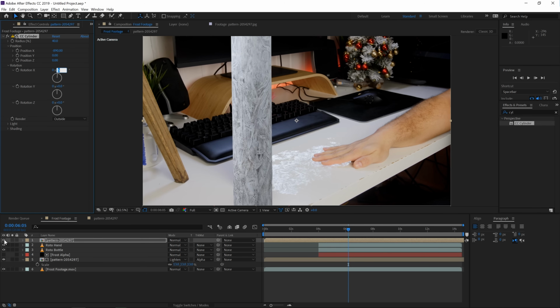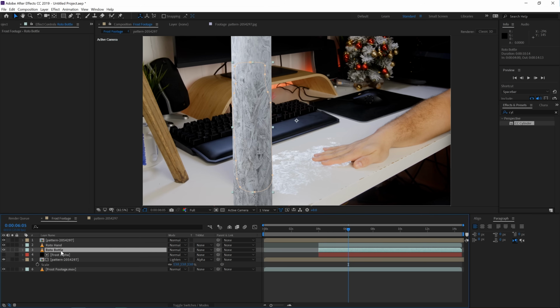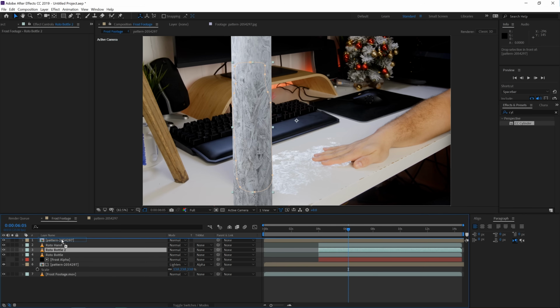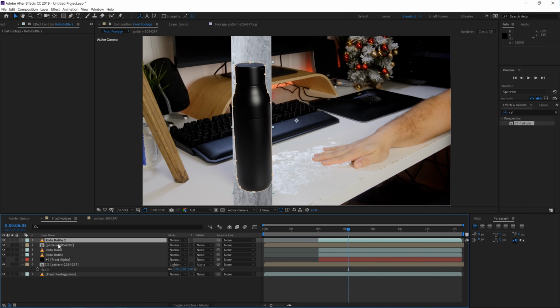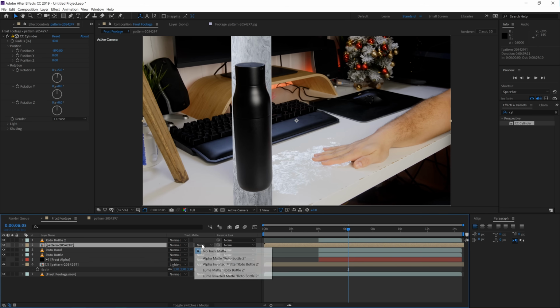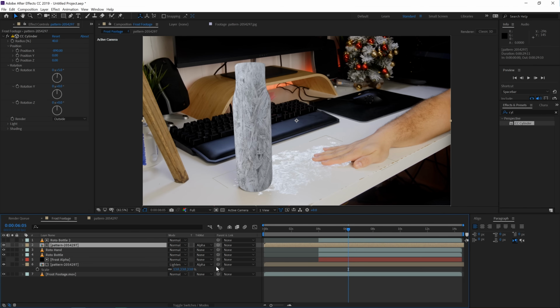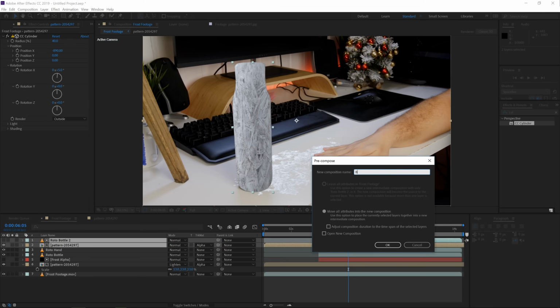And what we want to do is use our bottle roto here. We're going to duplicate this, put this on top of our pattern, and then click on the texture alpha matte. And there we have our texture on our bottle. And all we need to do now is just animate this on as well. So what we'll do is select these two layers that we just combined, go to layer, pre-compose, bottle, frozen effect,